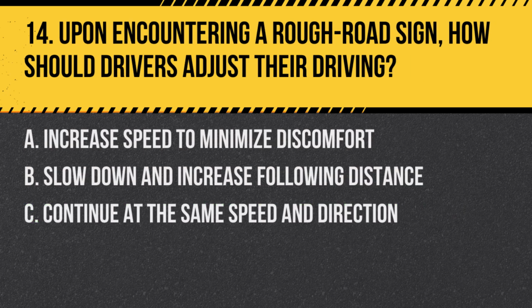Question 14. Upon encountering a rough road sign, how should drivers adjust their driving? A. Increase speed to minimize discomfort. B. Slow down and increase following distance. C. Continue at the same speed and direction. Answer. B. Slow down and increase following distance. A rough road surface can cause loss of vehicle control, so reducing speed and allowing more room to maneuver is